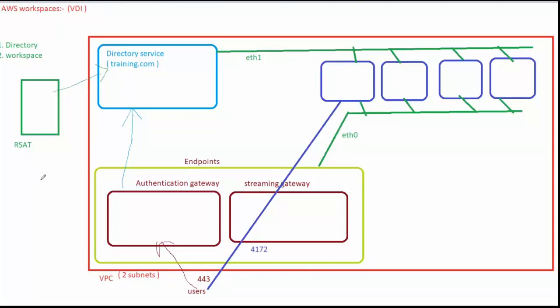Because in the prod environment, as and when I provide a workspace to the end user, the end user will receive an email with all the details. The password will also be sent in the email. But here in our environment, I don't have any email service available, so it will not be sent by mail. So I need to take out the password by connecting to the directory.